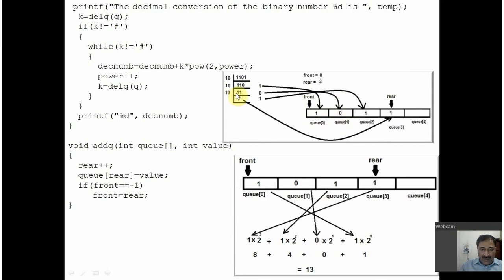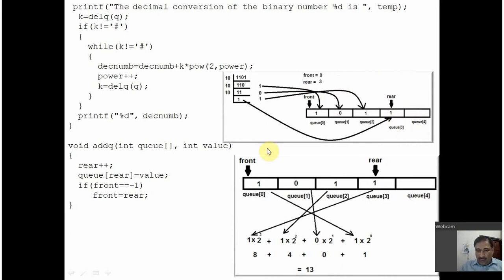The control will come over here again. This 11 is divided by 10. The remainder is 1. Again 1 is added with the help of the rear pointer to the queue. See, the rear is incrementing from 0, 1, 2, that way. The last digit 1 cannot be divided by 10. The whole digit 1 is placed into the queue with the help of the rear pointer. Okay. So this binary number is individually divided into bits and placed into the queue.